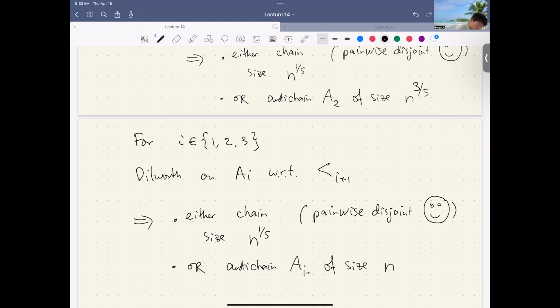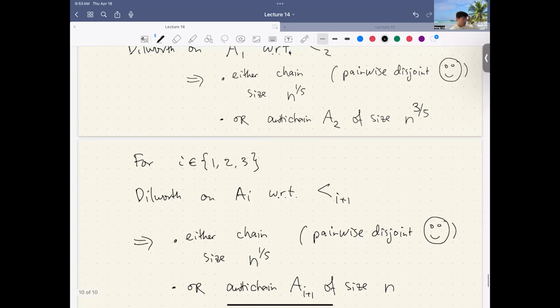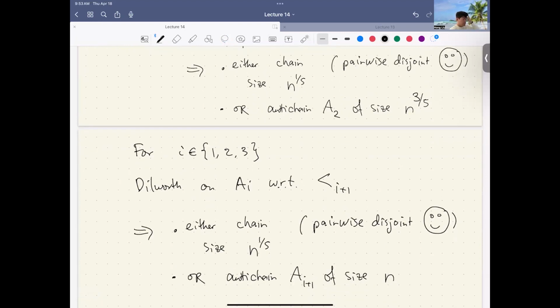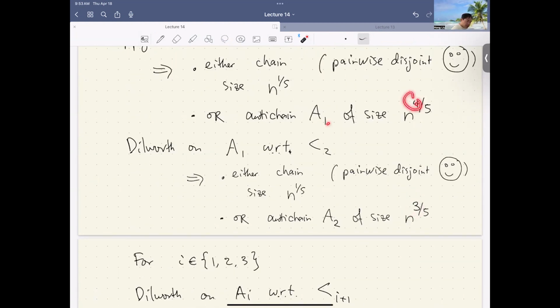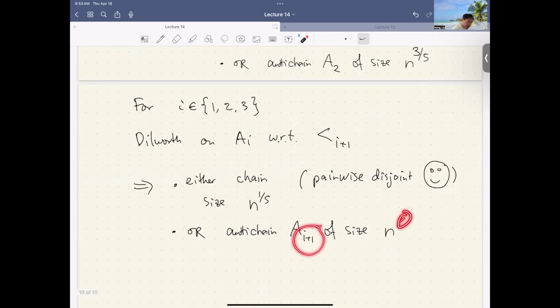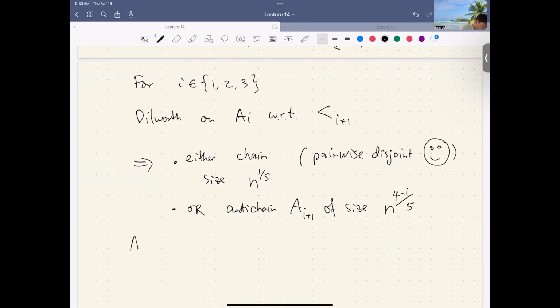n to the i plus 1 of size, what will be the number here for A_i? Anyone? This number is one larger than this, right? So it should be A_i plus 2. No, this is decreasing, right? This plus this is 5. This plus this is 5. So this plus this is 5. We have 5 minus i. Okay? So when i equals 4 at the end,